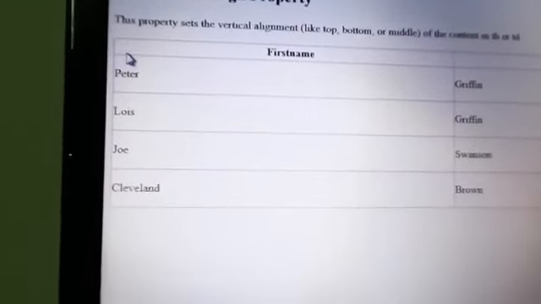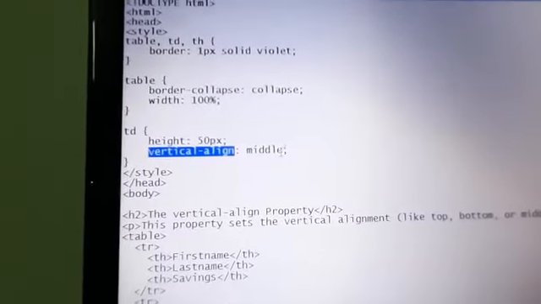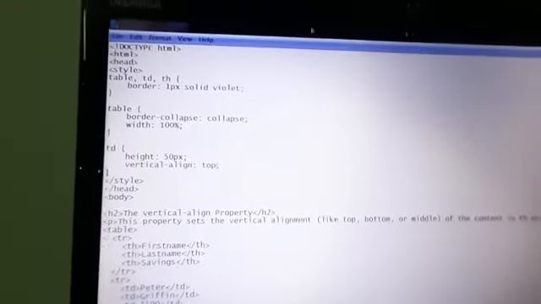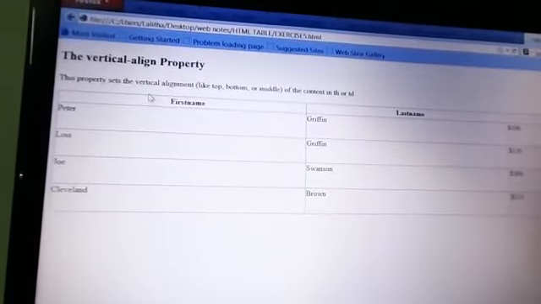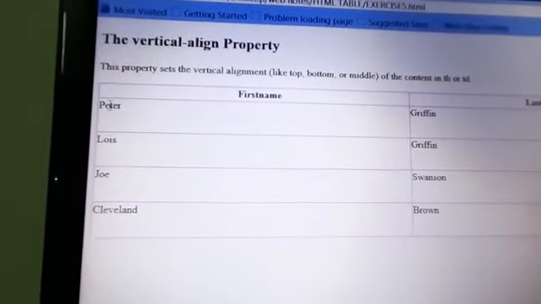Simply remove the middle property here and add top. Save the document and then refresh the page here. So here the contents are added in the top positions.